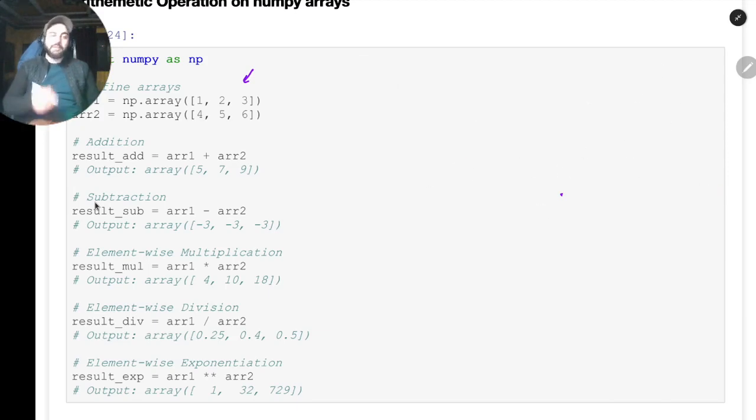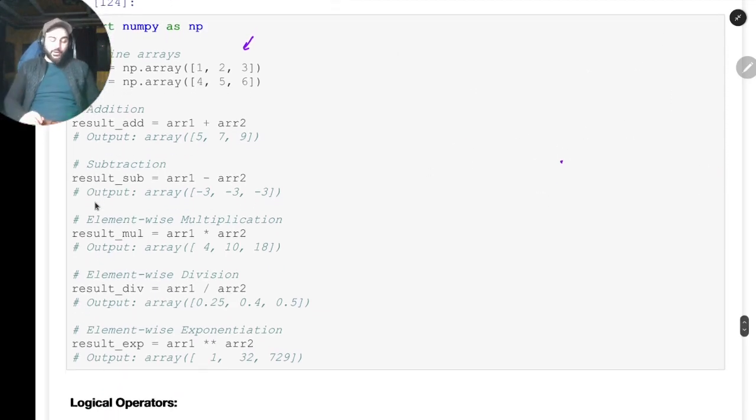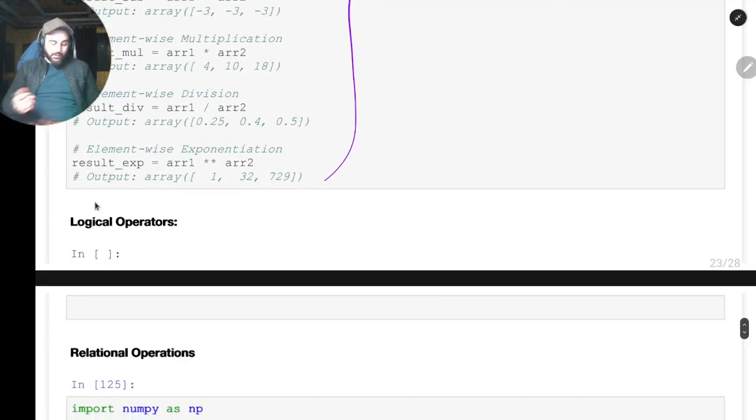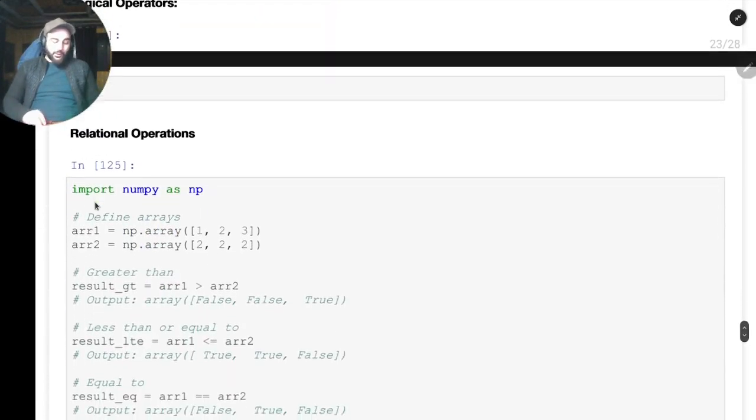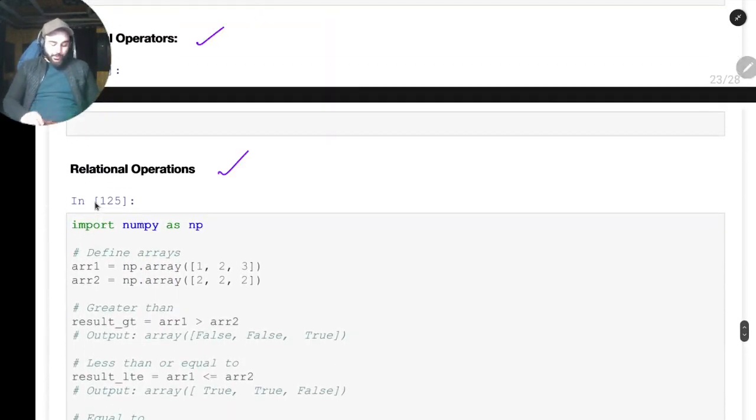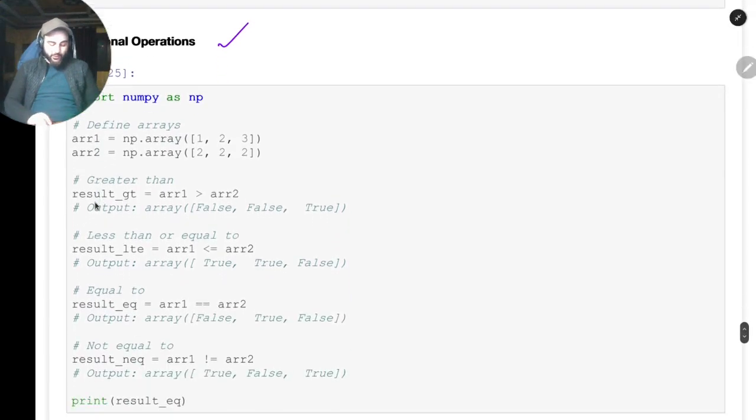This can also be done with 2D arrays. It's not only that you can do it on 1D arrays, you can do it on 2D arrays. I have just given the example of 1D arrays, but you can do the similar thing on these arrays as well. The logical operations are also valid, and relational operators. For example, if we take relational operators,